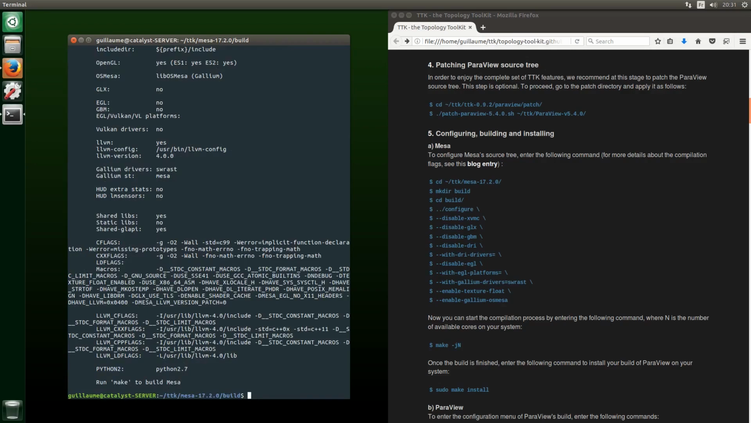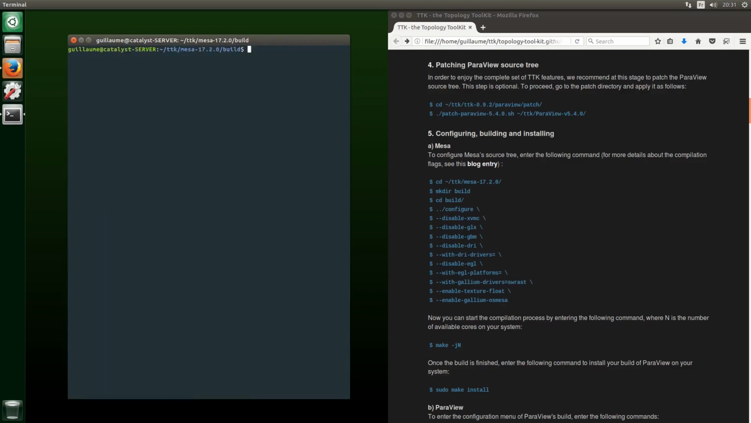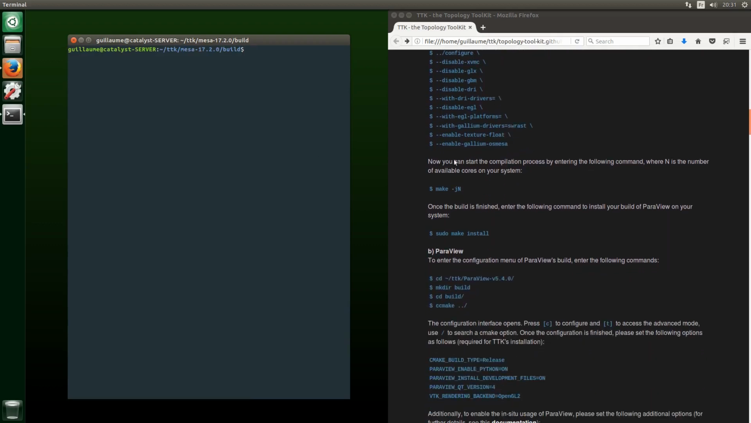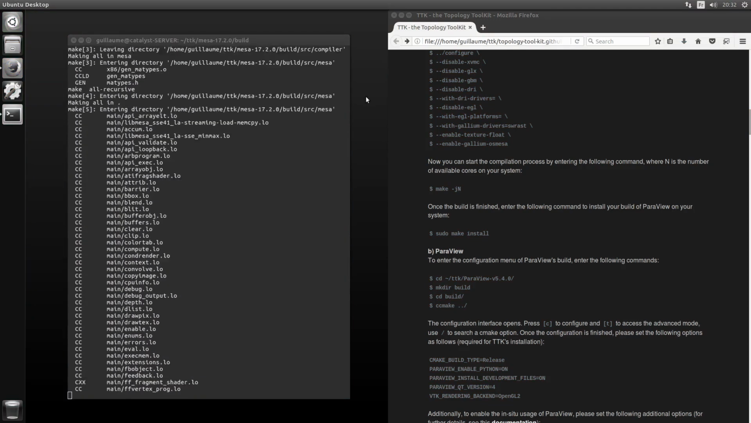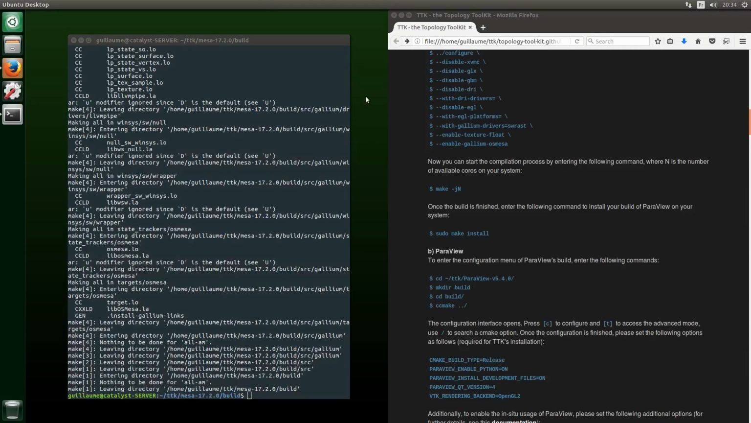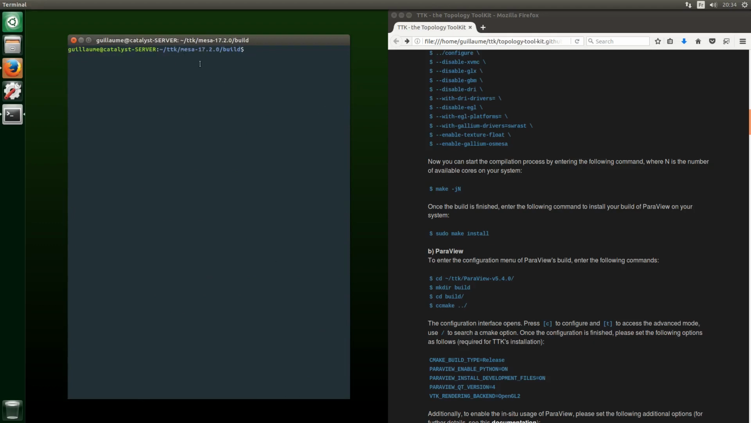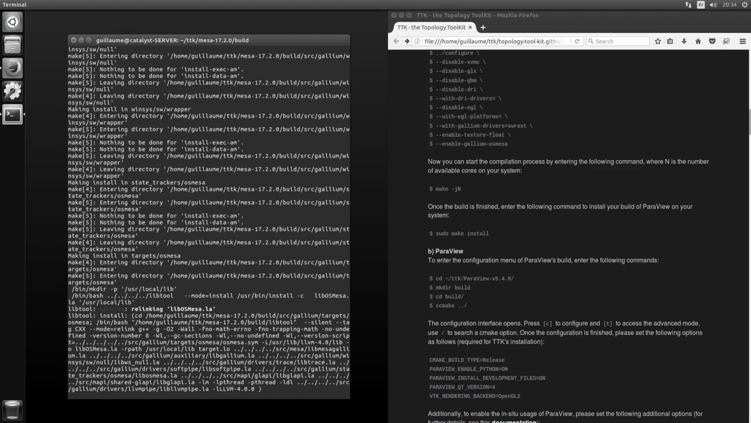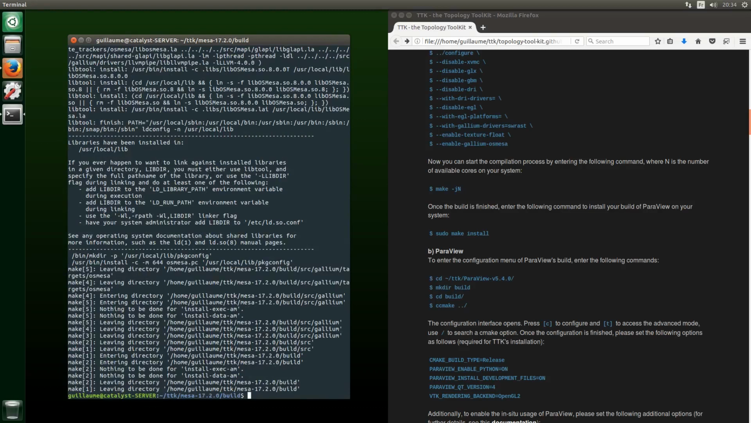Okay, so now we can start the compilation process by entering this command, make -j and the number of available cores, which is 8 on this machine. Okay, so now we will install our build of Mesa on the system by entering the command sudo make install. Okay,